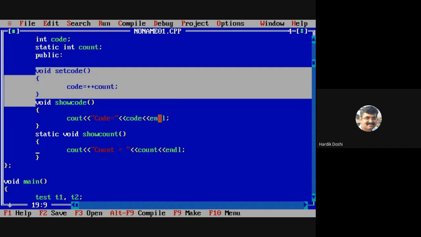Can I say count is static? I need to initialize it. int test colon colon count is equal to 0. But in C++, for a static variable, if I don't initialize the value, then by default it is initialized to 0.